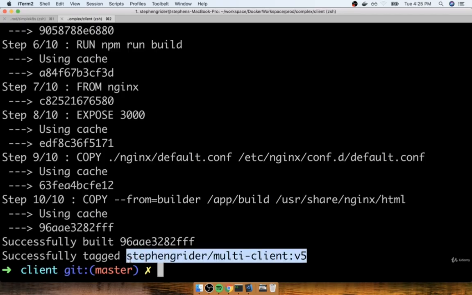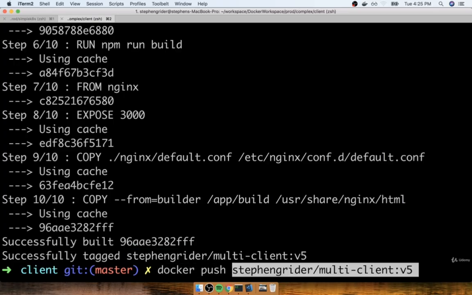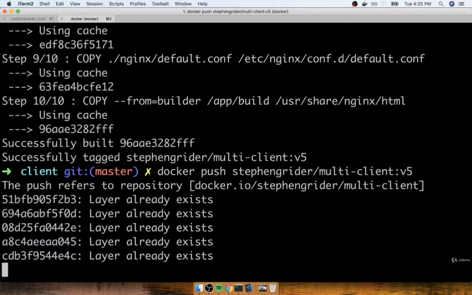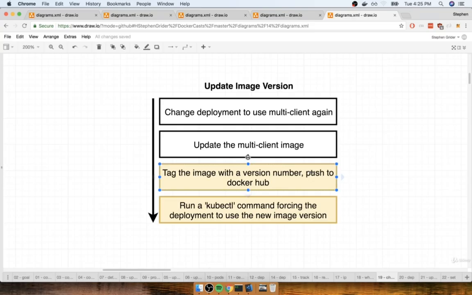So now we need to make sure that we push this updated image over to Docker Hub. So I'll copy the entire tag right there, and I'll do a docker push and copy the tag in. All right, so just like that, we now have a new tagged image over on Docker Hub. So now we need to run a kubectl command that's going to force our deployment to use that new image